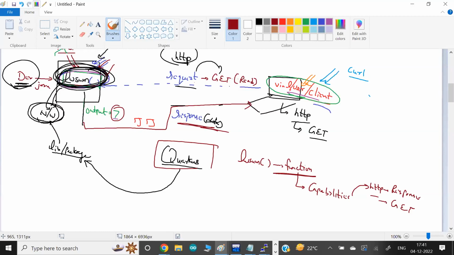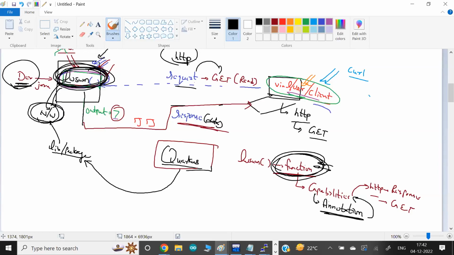Okay, and guys, mostly in programming languages, if you want to add any extra functionality to a function from the outside world, like Quarkus is outside of this function, we normally add it with a concept called annotation. So annotation is a concept through which we can add any capability to any function very quickly. You don't have to delve inside the function. I'll show you how to use it. It is very, very easy to use.